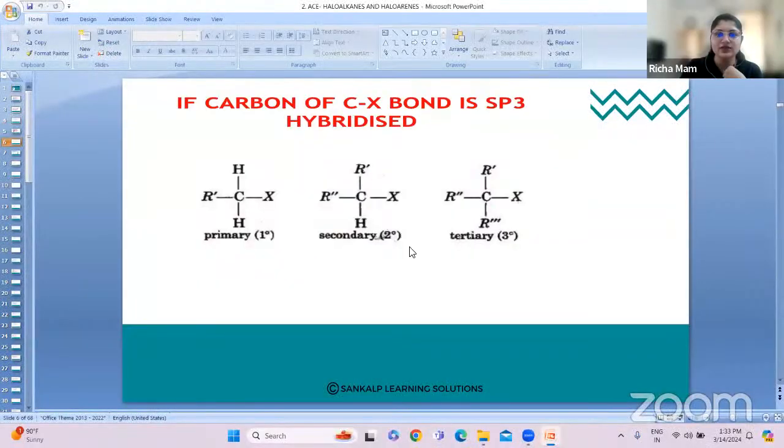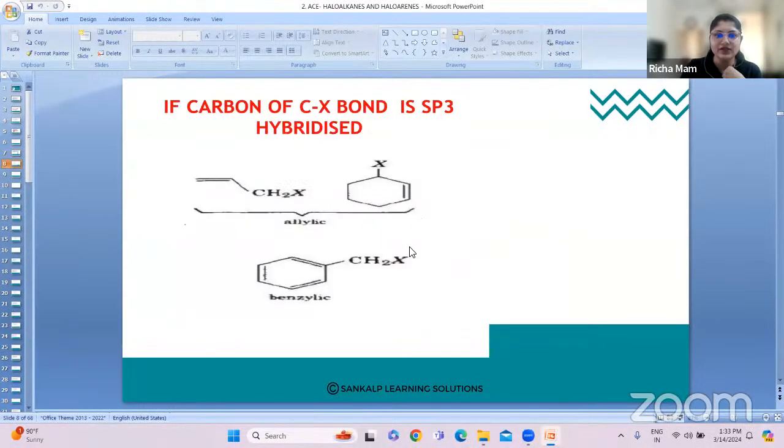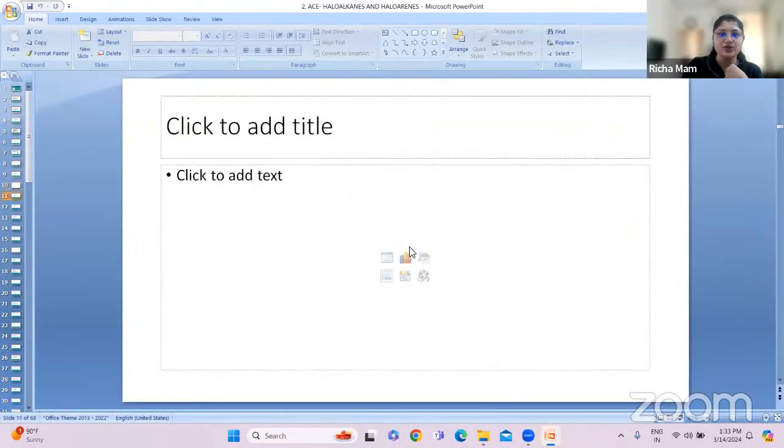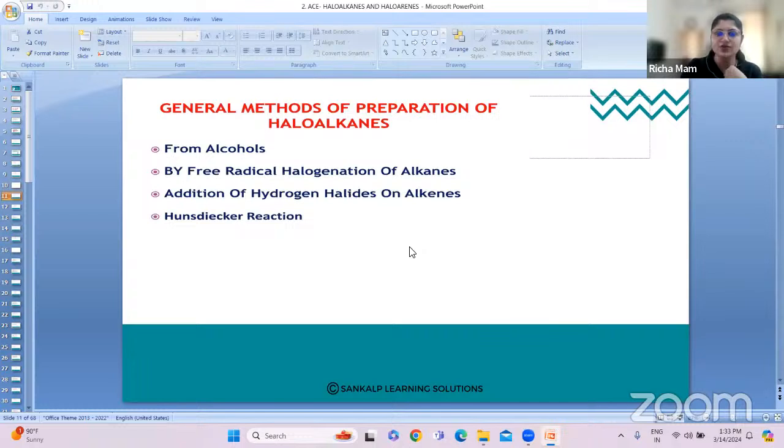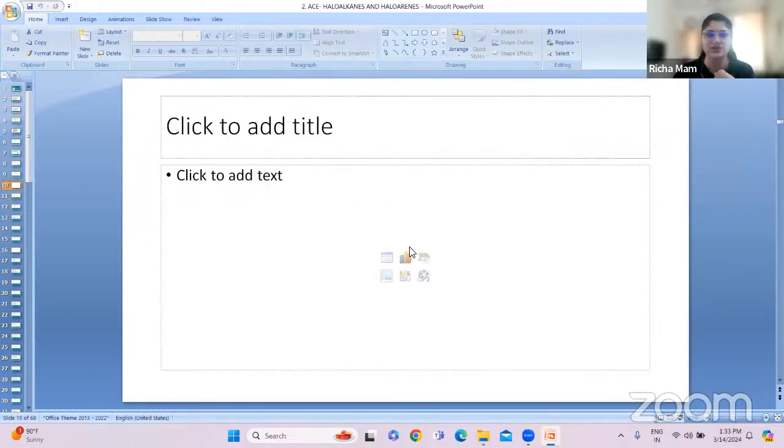Okay, so these were the things which we have discussed in our previous sessions. Today we are going to start with what? So then we had started with the nomenclature. Okay, then we had started with the